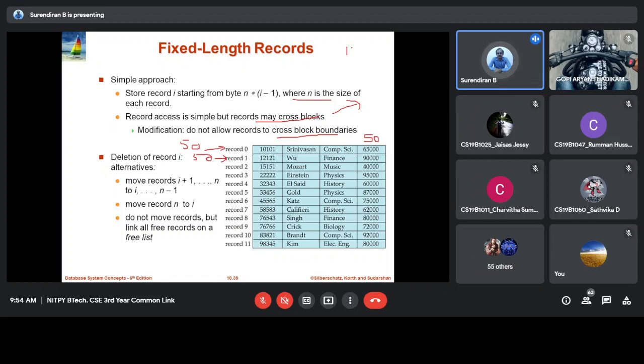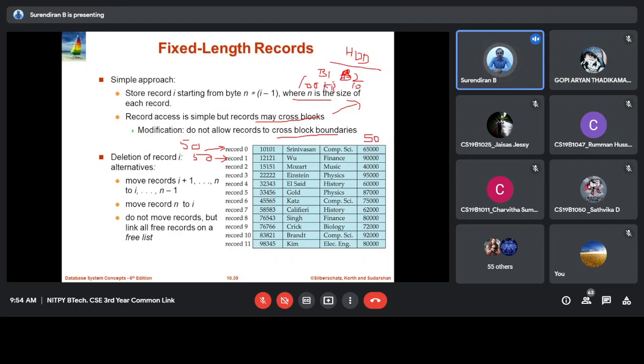Let's say block 1 is 100 KB and block 2 is 100 KB, fixed size blocks. If the database record size is 110 KB, one block will store 100 KB and another block will store 10 KB. So the remaining 90 KB is getting wasted. That is the problem with fixed length records.